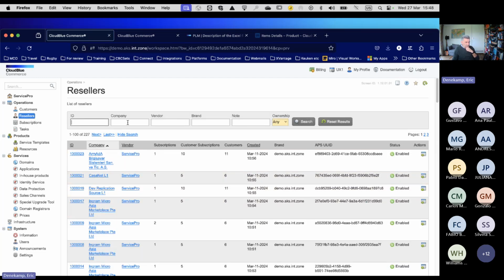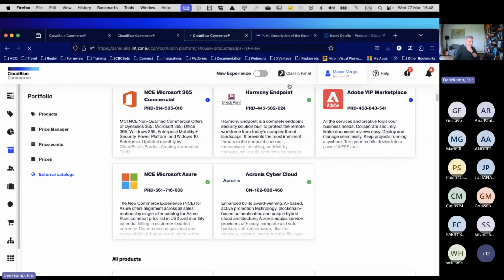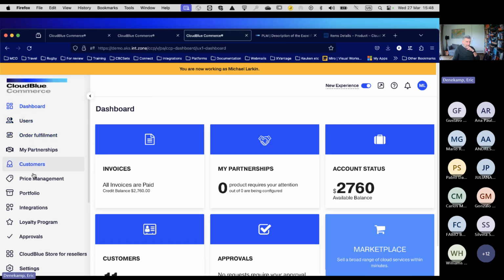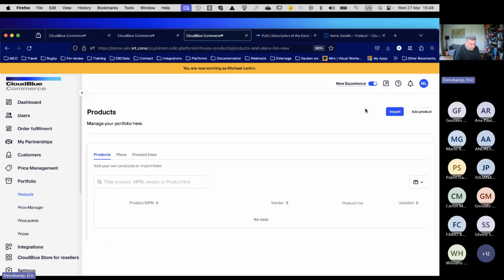Let me search for one. Let's use this one, I don't care. Go to UX1, and go to my portfolio. Zoom out a little bit. I can add a product.